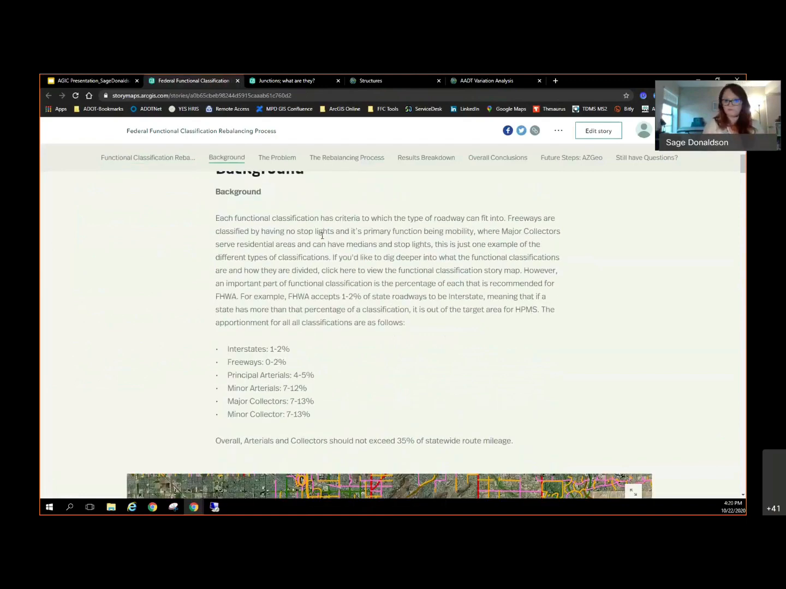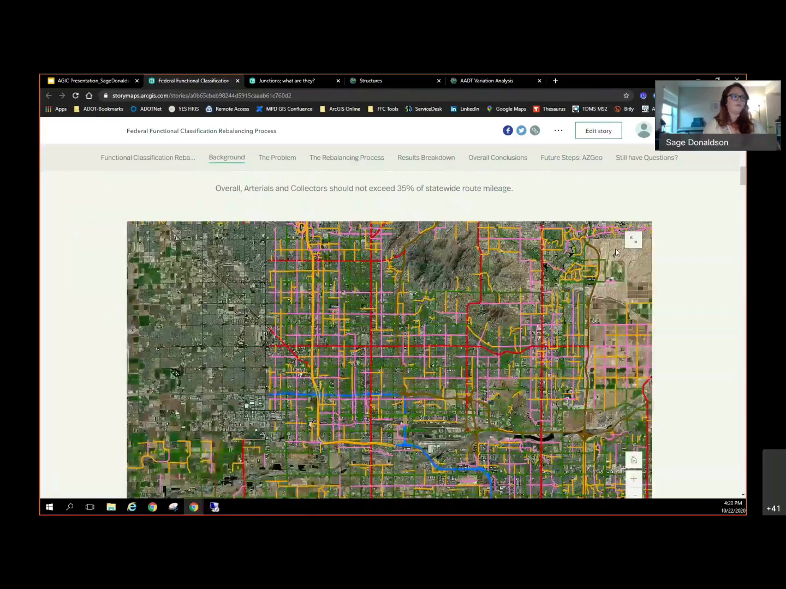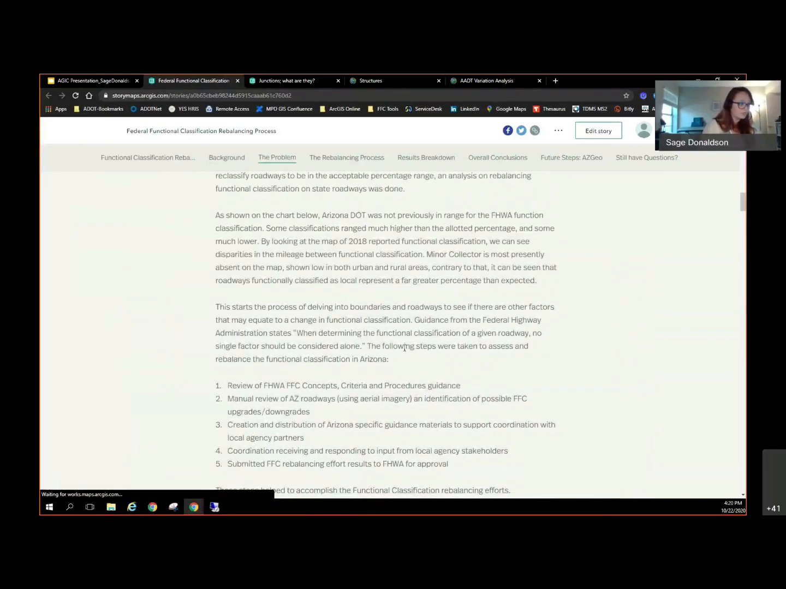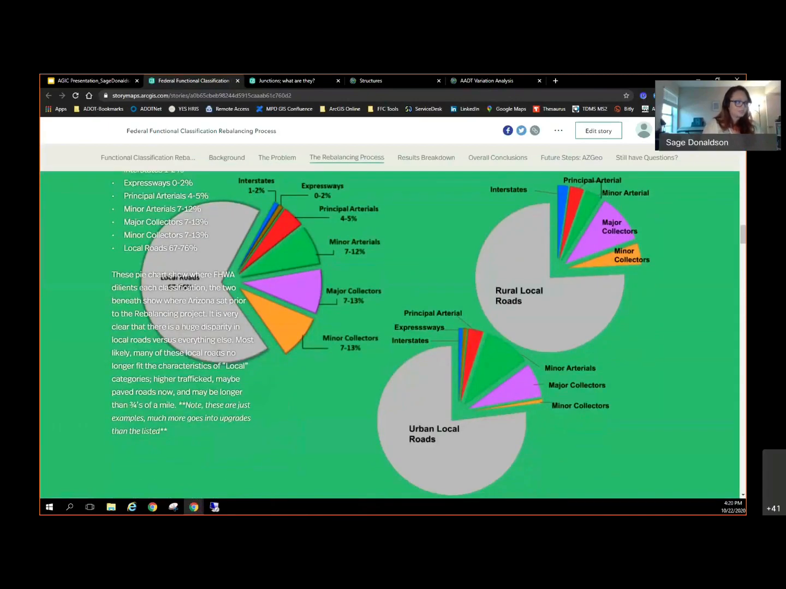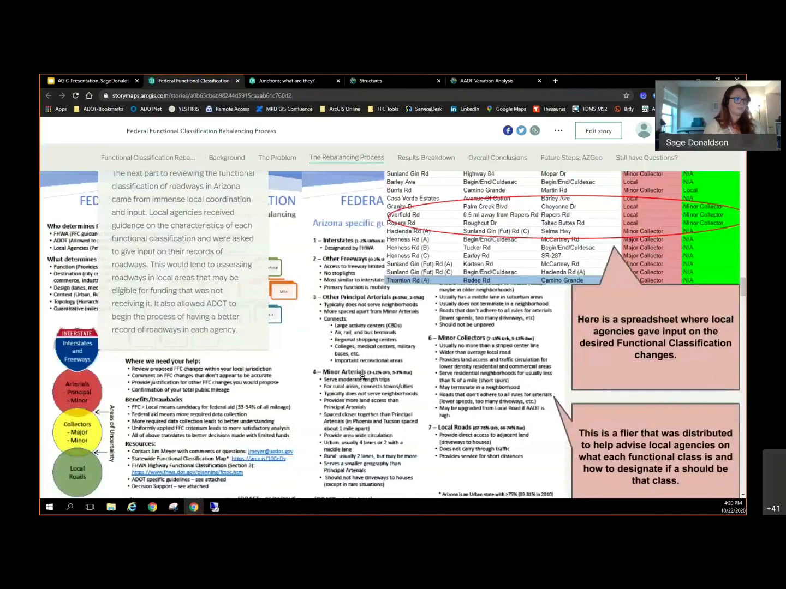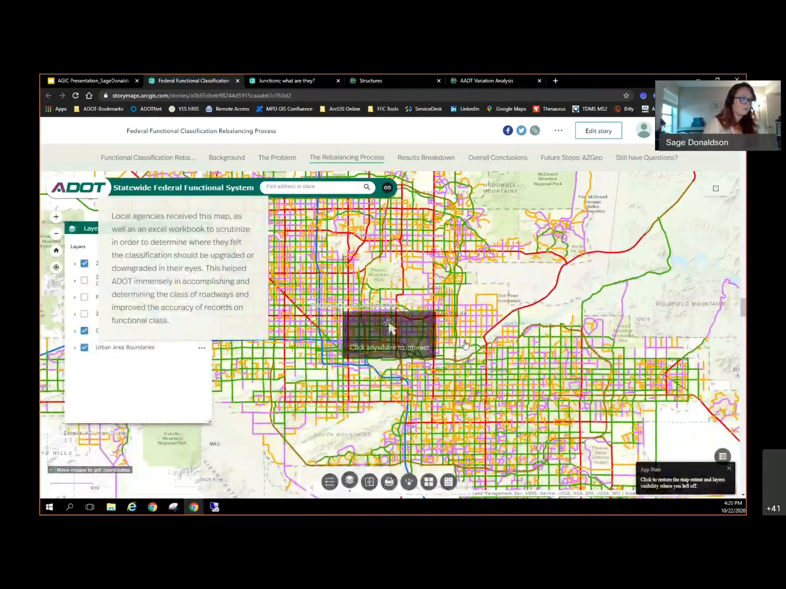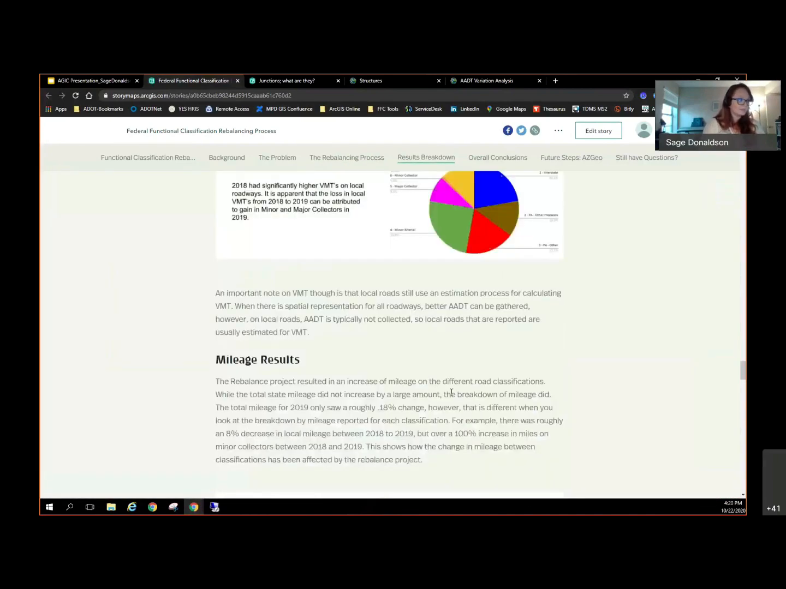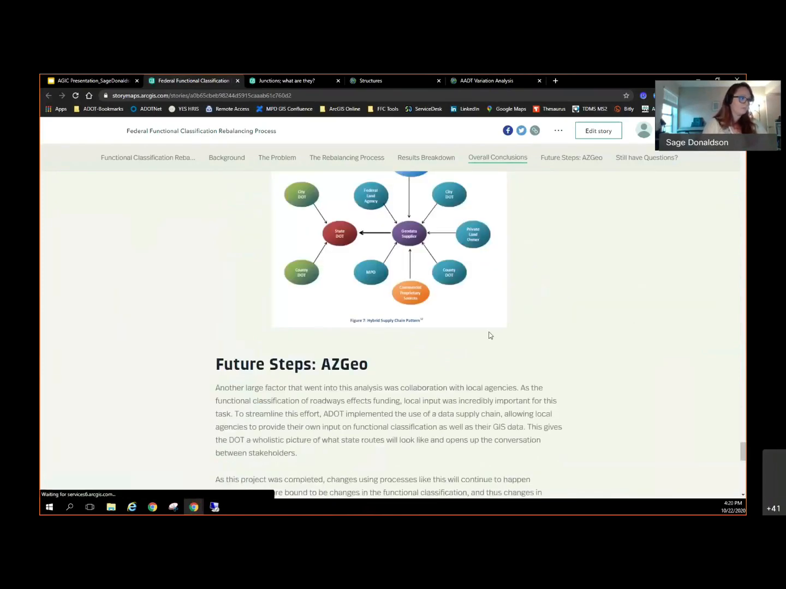So the background, what functional classification is, a map so you could look into it and understand it better, the issue, the reason why we needed to do this, what the actual process was, walking through each step of the process in here, this being a visual analysis, this being what was given to local agencies, a map to better understand it, and then the actual approval of it. And then again, the result breakdown and everything, and overall conclusions of it, and allowing us